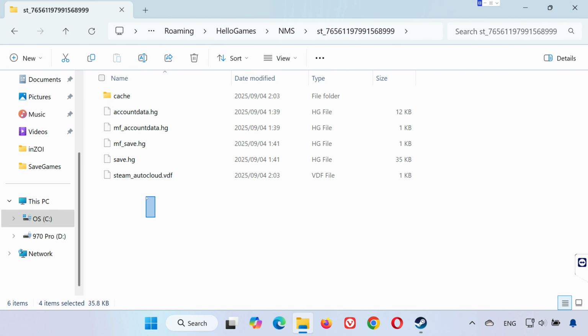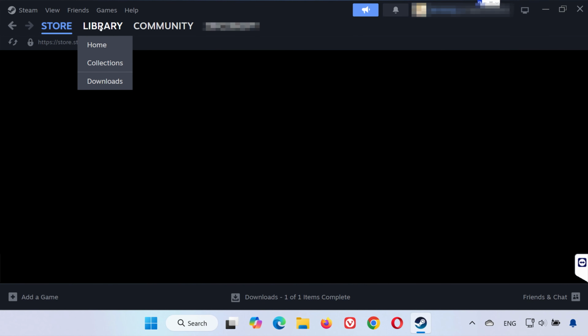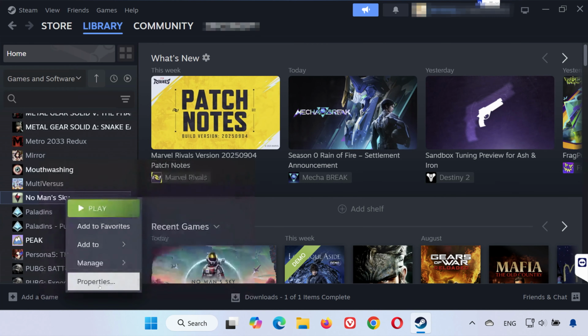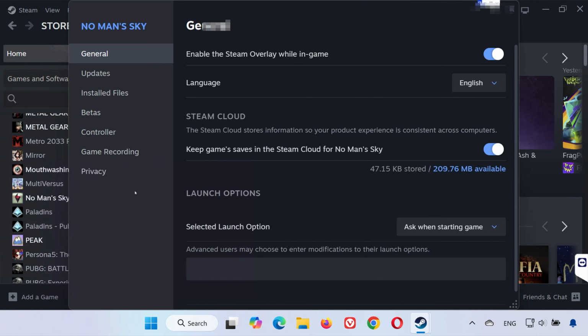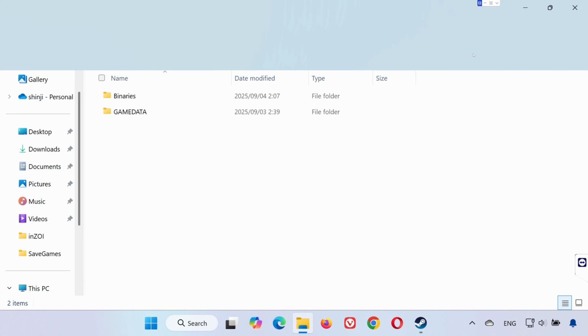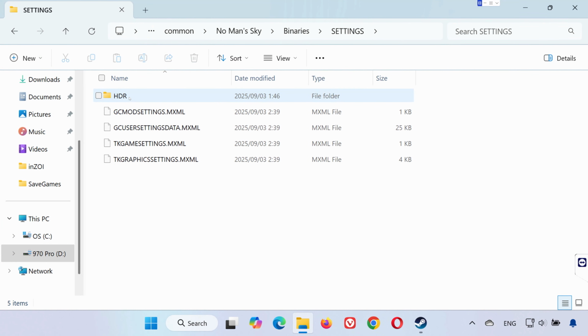Finding your config file. Open Steam. Go to your library. Right-click on No Man's Sky and select Properties. Go to Installed Files. Click Browse to open the Games folder. Open the Binaries folder, then the Settings folder. Find the file